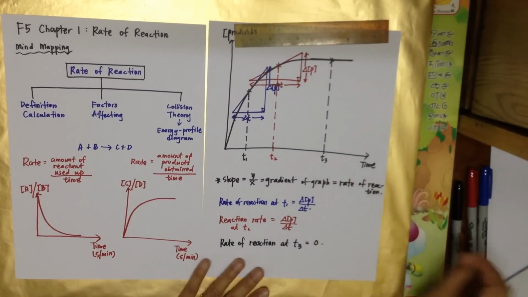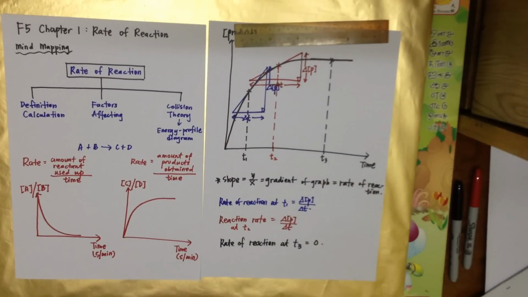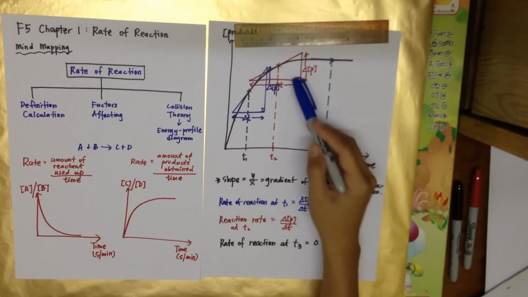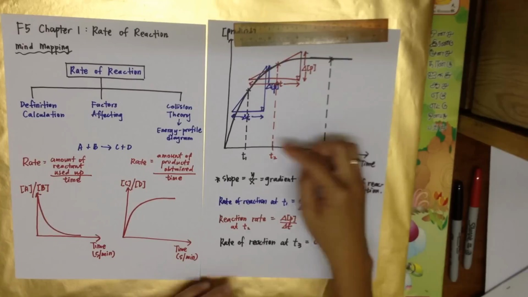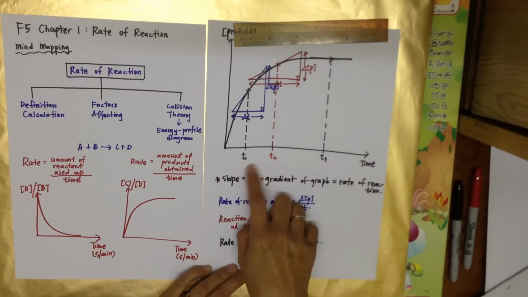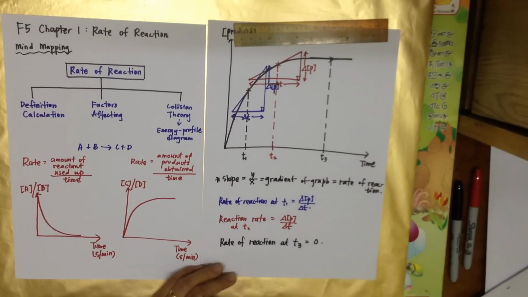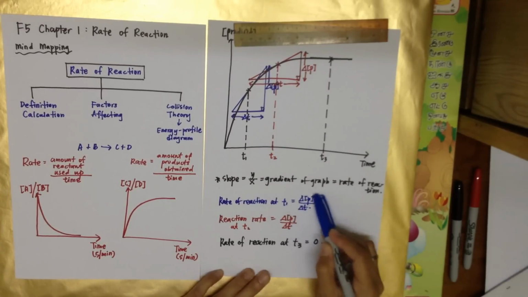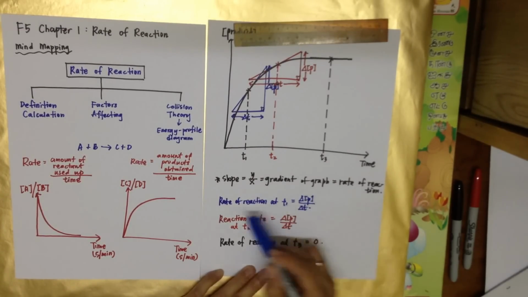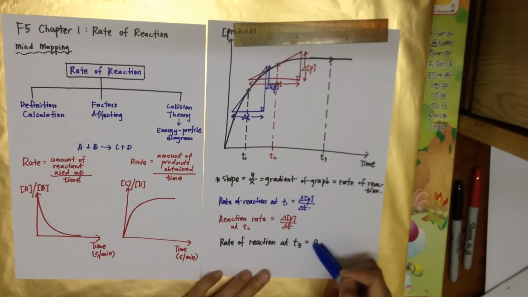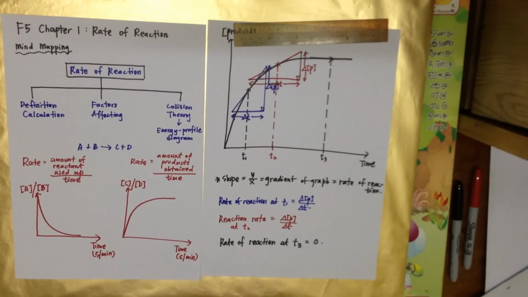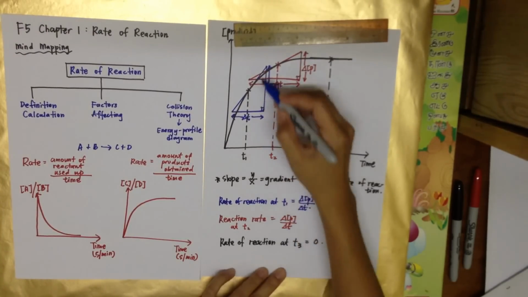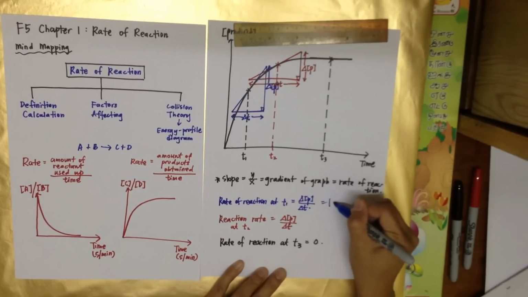So back to this point, when we say the gradient of the graph equals the rate of reaction, from different gradient calculations we will know whether the rate is a large rate of reaction or a small rate of reaction. We have 3 particular times here: T1, T2, and T3. From these 3 times, we will be able to find the gradient of the graph, which represents the rate of reaction. And from the rate of reaction at these 3 points, we can see clearly that the rate of reaction at T1 is the largest rate